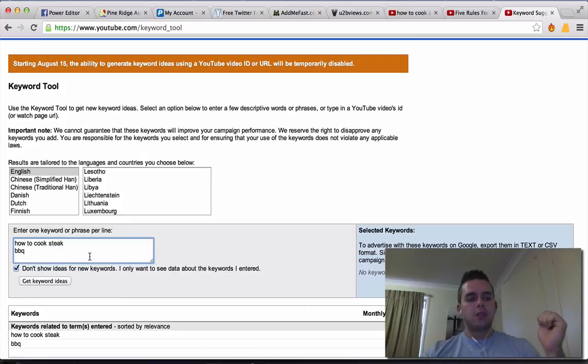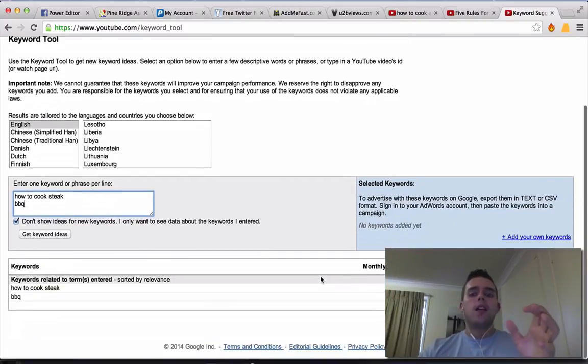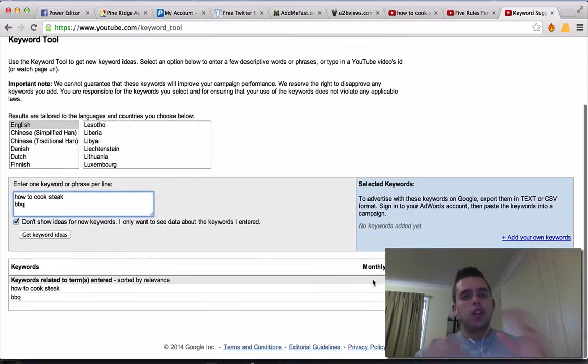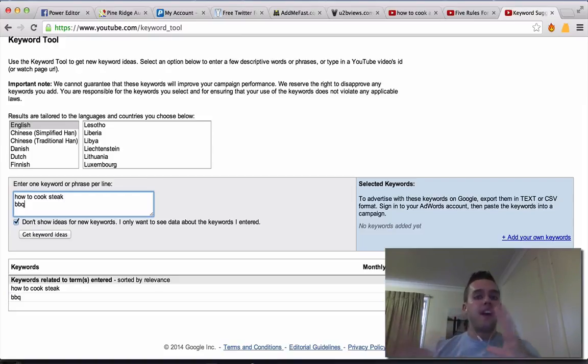And what else can we search for? But I guess you get the idea there. So that's the keyword tool. So it's good to find a term that you're going to include in your title. You're going to include it in your description, and it's going to have enough data to say, okay, this is going to be a good search term to go for, for your country or for wherever you're trying to rank it.